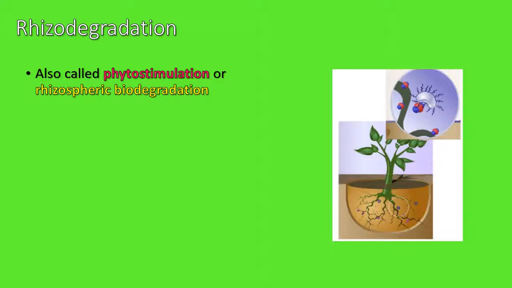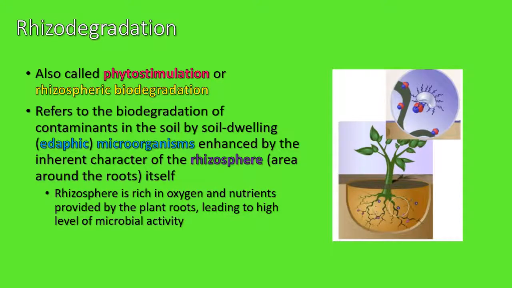So the next method is rhizodegradation. This is also called phytostimulation or rhizospheric biodegradation. Now in this case, it's not the plants that are breaking down the contaminants, it's microorganisms. So this is really plain old biodegradation like we've already discussed previously in this class. But what we're talking about here is specifically these soil-dwelling, also called edaphic, microorganisms that like to live near plants